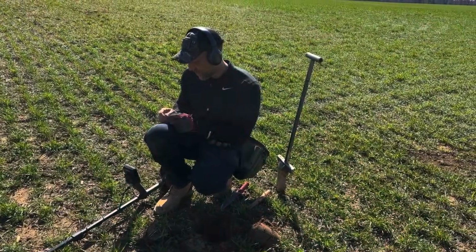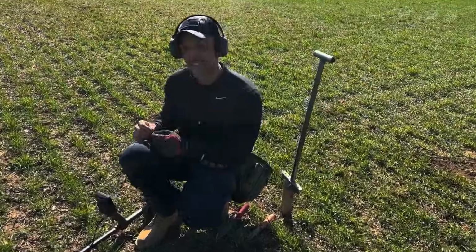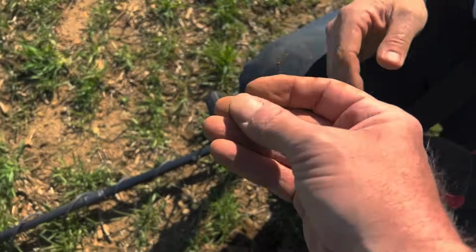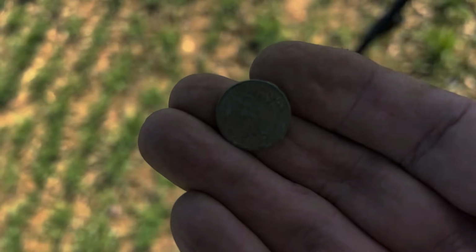All right, Matt just pulled out another coin. I mean, we don't travel very far. We travel like 10 feet in a half an hour because we're going really slow. You don't want to miss anything amazing. Matt got himself an Indian penny. Not a lot of Indians from this field. It looks like it might be